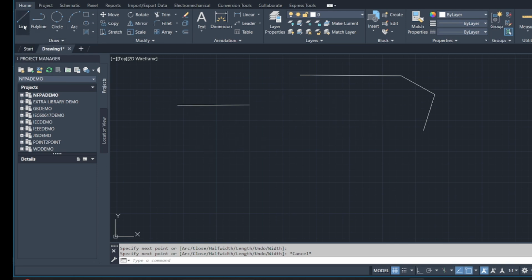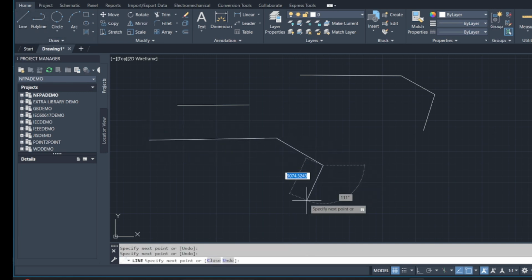the main difference between line and polyline is that if I draw a line like that, okay, and click on this portion, only this segment is selected. But if I click on this segment of a polyline, the whole line is selected. So the main difference is that in a line, only the clicked segment is selected, but in a polyline the whole line is selected. Okay,